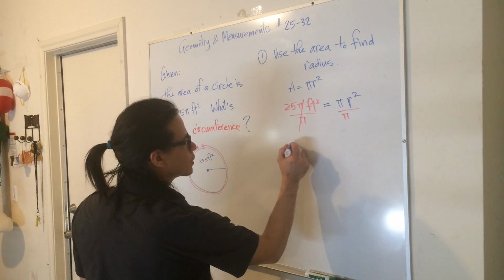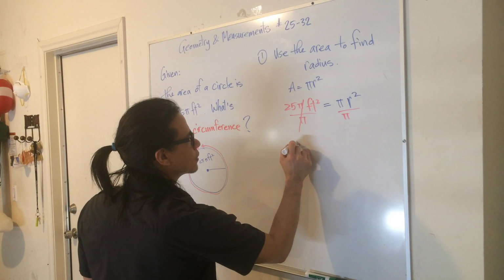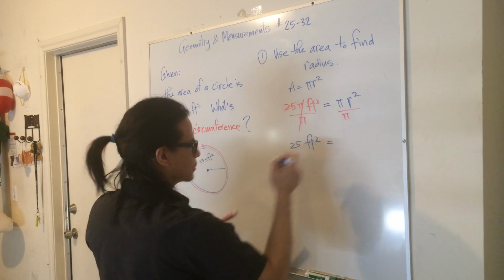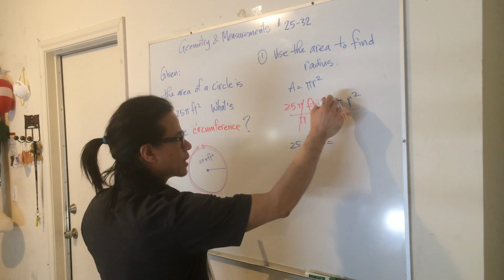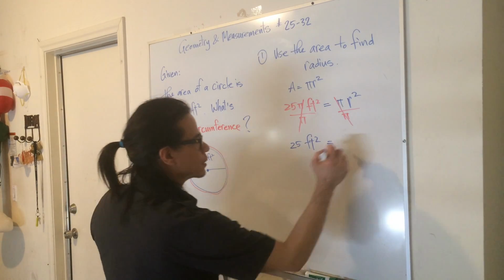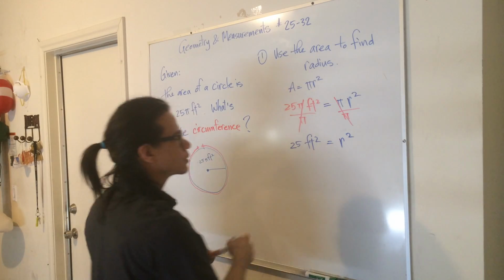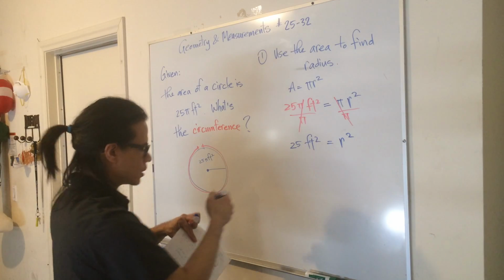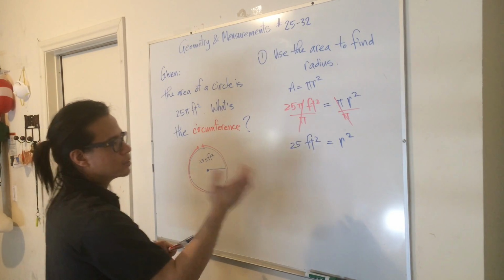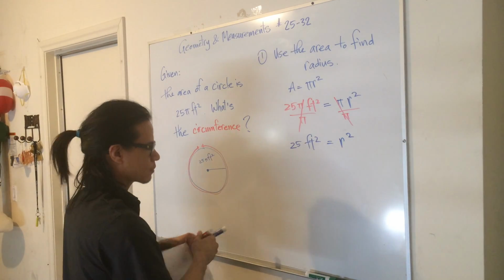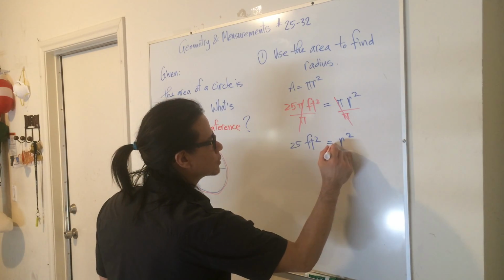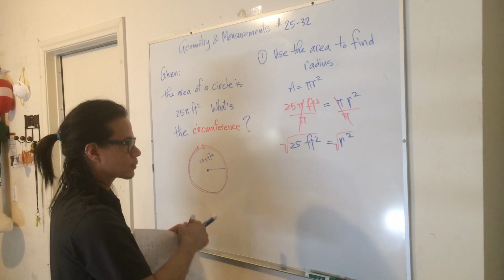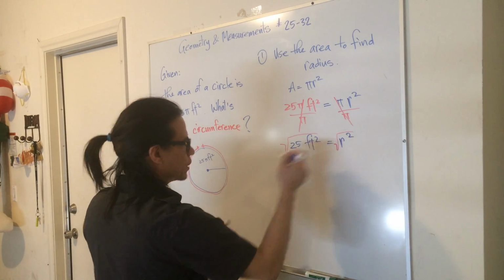So we're left with 25 square feet equals, see, this cancels out too. It's equal to r squared. Okay. To get rid of the 2 on top, we have to do the opposite of squared, which is square root. So we'll square root both sides. The square cancels out,